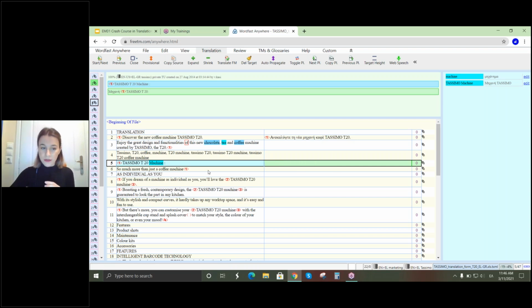But if it wasn't, and we had to add the tag number 1 here, one way would be to copy our source in the target column, like that, and then you can delete the English text and write the translation in Greek, by keeping the tag there. Another way